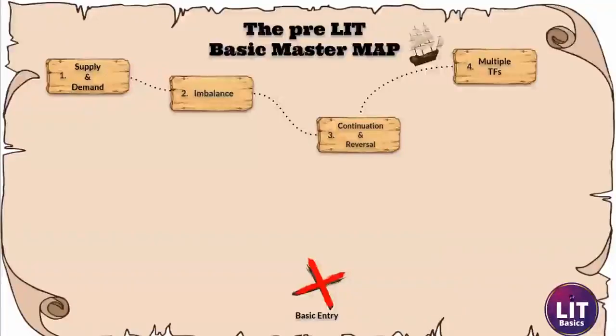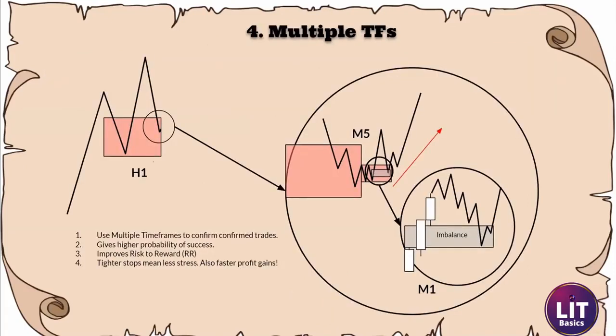Covered supply and demand, imbalance, and the imbalance with supply and demand, as well as continuation and reversal. But I'm sure for a lot of those smart money traders, they make a lot of use of multiple timeframes. If you don't know what this is, we can go into it. So basically, we want to use our higher timeframes and refine them down to our lower timeframes, because using the higher timeframes gives us a higher probability of success. And once we use the lower timeframes, this also increases our RR, which